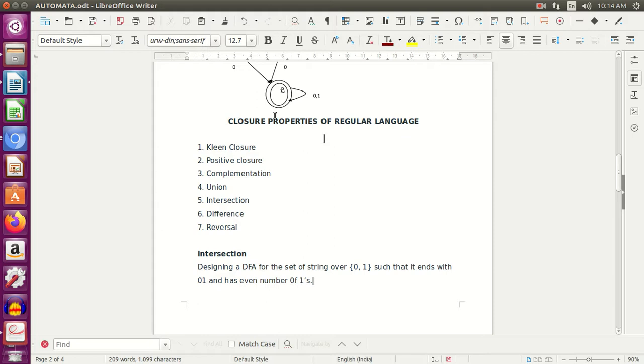Union, intersection, difference, reversal, all of these. Union means if you do the union between two DFAs, the resulting thing will be a DFA, and the language generated by that will be a regular language. Intersection is also the same. Difference is also the same, and reversal will also be the same. Reversal means just reversing the direction of the transitions, and the DFA that you get is also